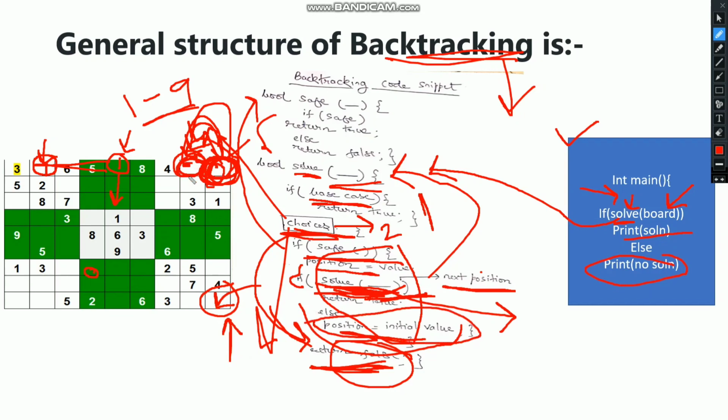In this part, put the initial value. The initial value was 0. Then resume the iteration and resume your choice. Since I had filled 6, it will resume its choice from 7 to 9.